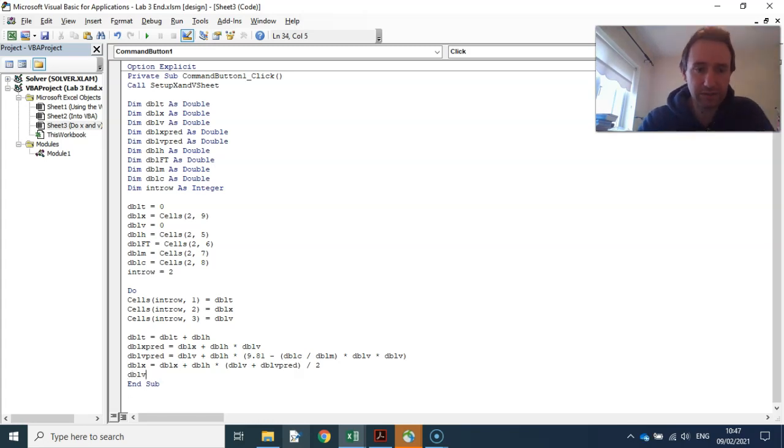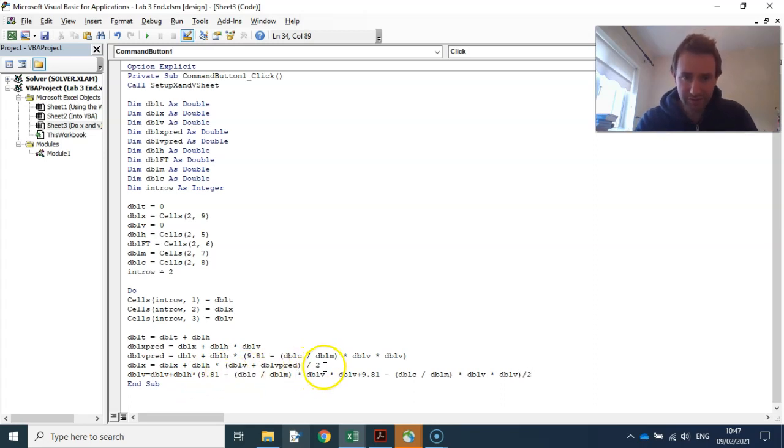And then dblv is equal to dblv plus dblh times, take 2 slopes and average them out. So the previous one is the dblv, and then the new one is dblv predictor. Put the row up by 1,